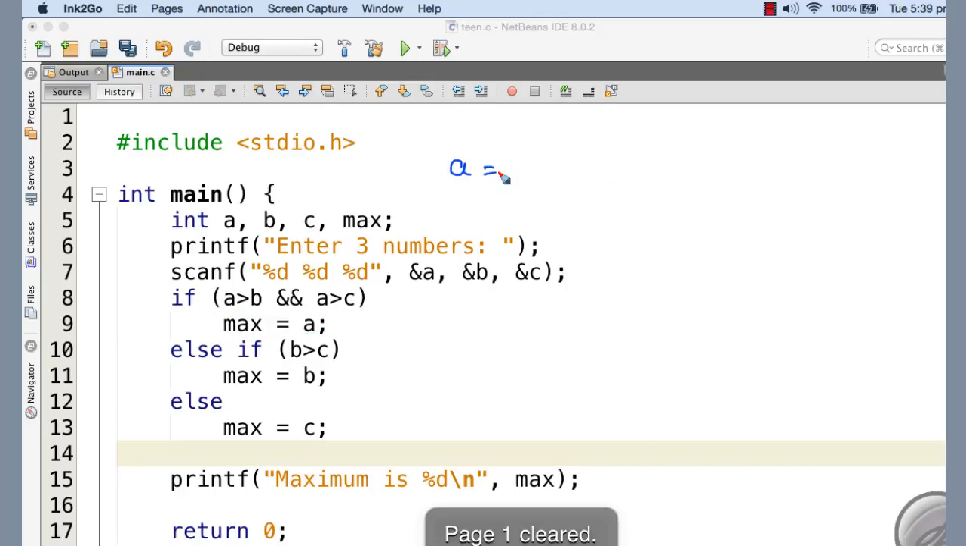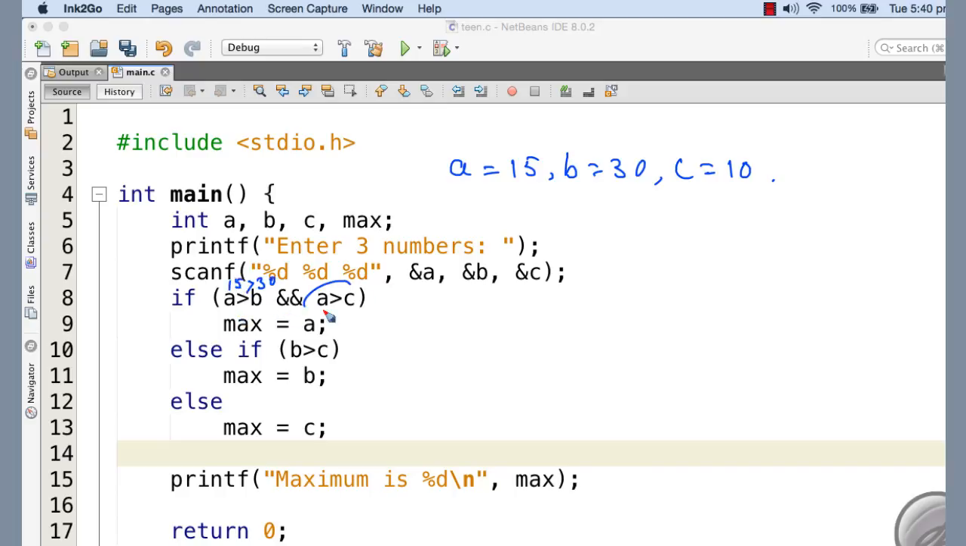Otherwise, let us consider that A is 15, B is 30 and C is 10. In this case, A greater than B, 15 greater than 30, this is false. So the second condition is not checked. This is false, that means the AND is false. So the control comes to the else if part, and B greater than C is checked. Now 30 greater than 10, that is true. So max is assigned with the content of B, and it comes here and prints the content of max, that